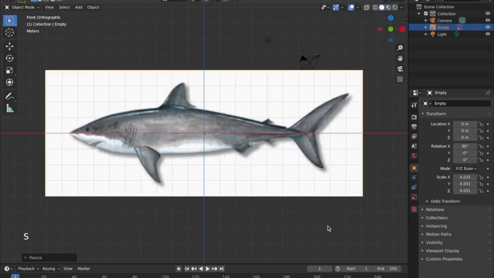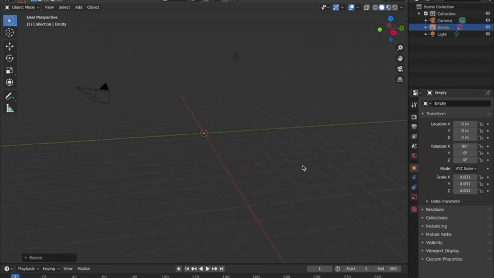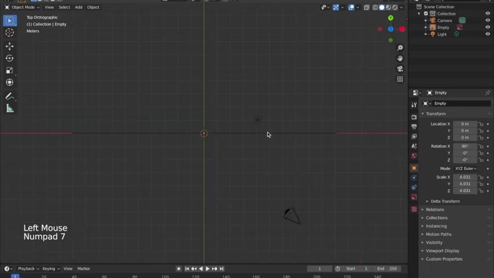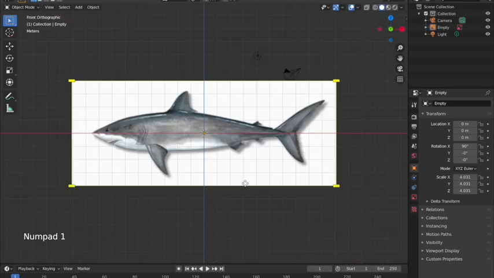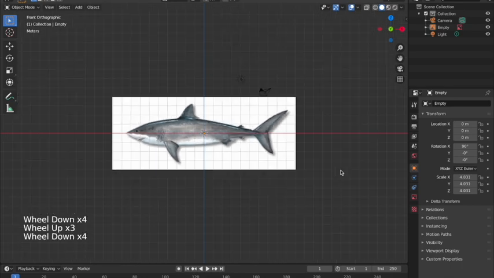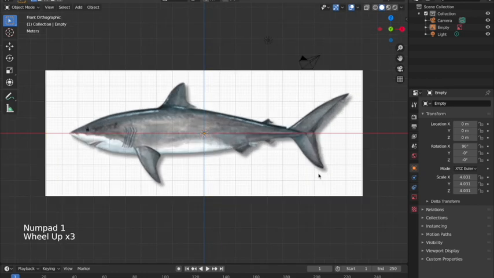There we go. So one thing you'll notice once you get it loaded as your background image is when you rotate around, it disappears. That's because it's only going to be visible in your orthographic view. So if I hit even top view, you can see it's like a line there, but if I go back to the front, it's still there. It's not available to see in your perspective views, only your orthographic,